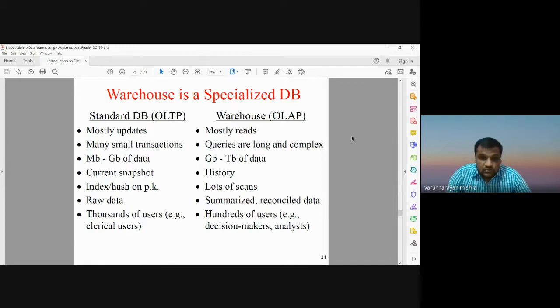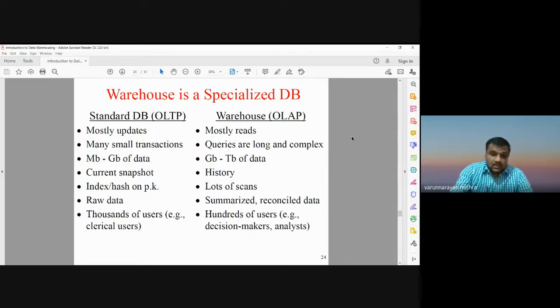It can store GBs and TBs of data sets. It may also include past transactions or historical data sets. There may be lots of scans. It is used as summarized and reconciled data sets, and hundreds of users, who may be decision makers